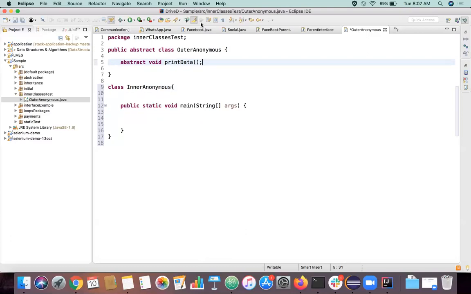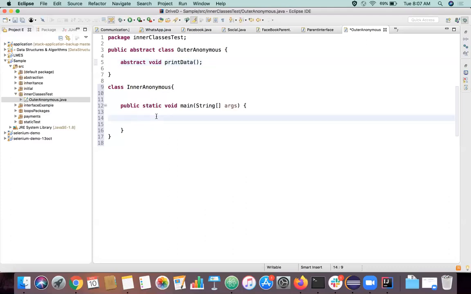We use the runtime polymorphism concept: parent class, and then child. Some class should extend this abstract class, and we create an object of that class. Object is equal to new that child class, right?